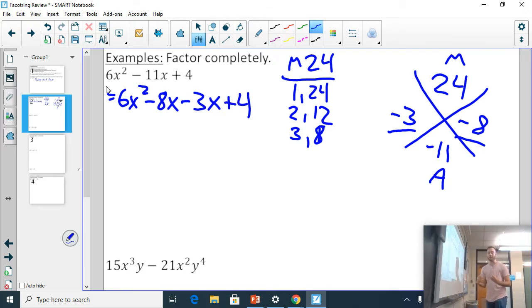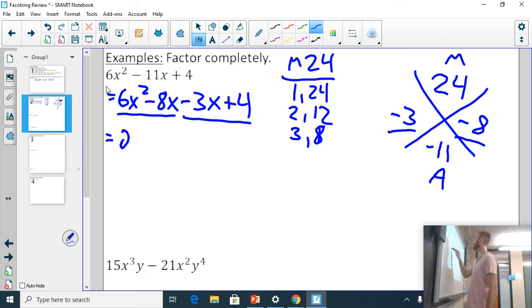And from here, now we're going to factor by grouping. So we're going to look at the first two terms and the last two terms. In the first two terms, I'm asking what can I take out of those first two terms? I see I could take out a 2 and an x from both of those, and what's going to be left is 3x